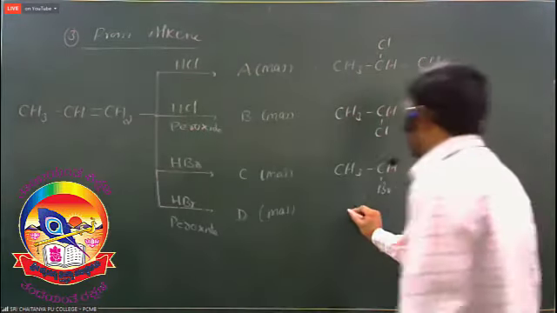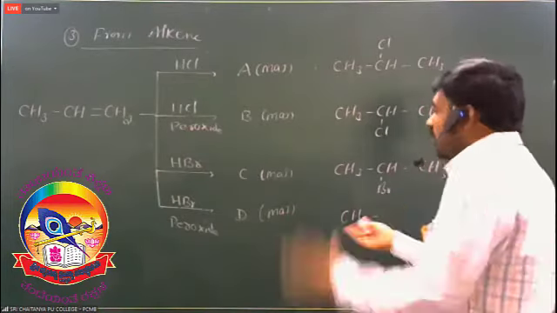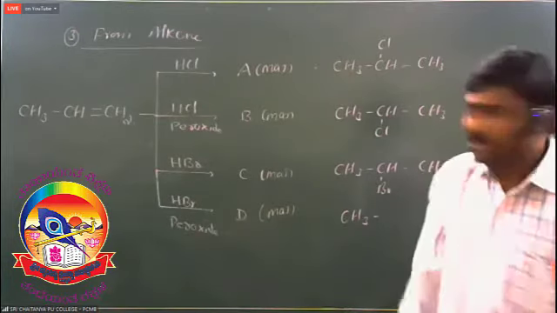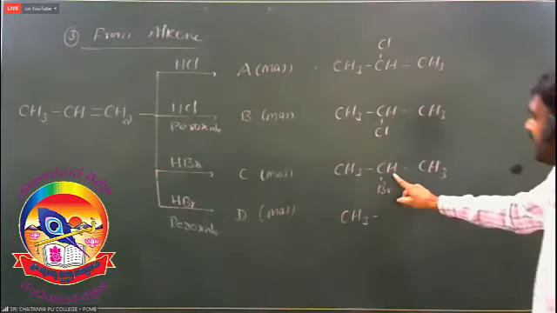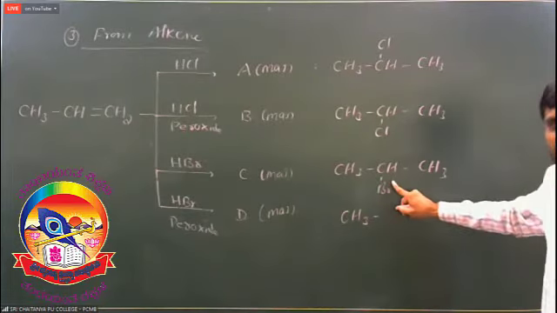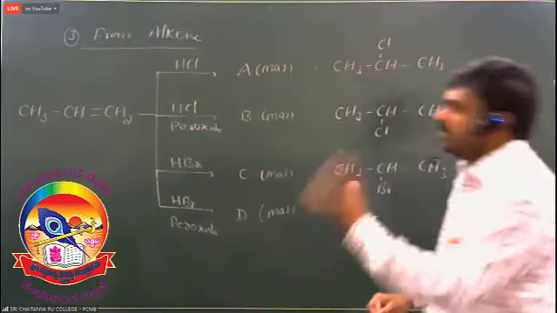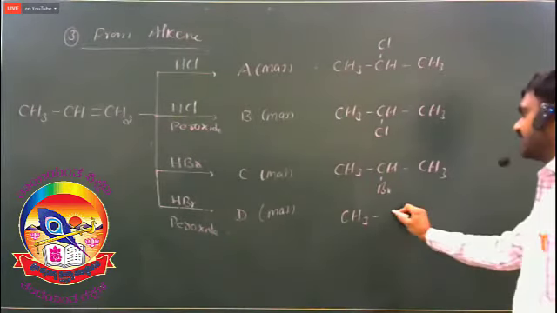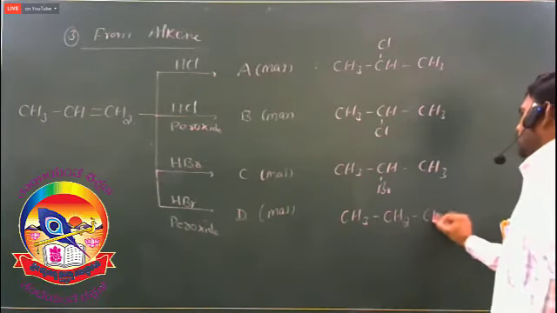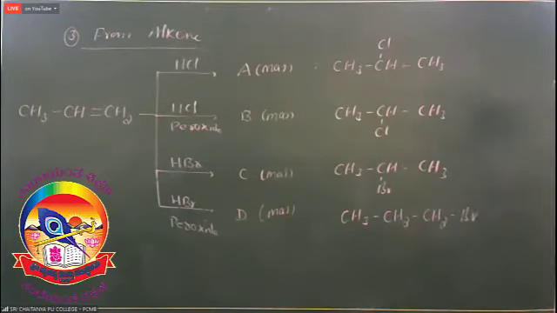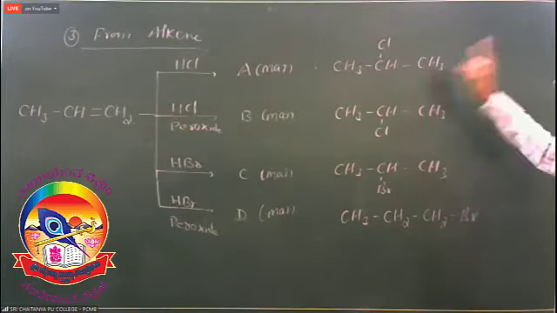So here the major product is CH3. According to anti-Markovnikov rule, which is reverse to the Markovnikov rule, the negative part Br minus is added to the double bonded carbon with more number of hydrogens. That is CH3CH2CH2Br, 1-bromopropane, whose common name is n-propyl bromide. This one is isopropyl bromide, and this is isopropyl chloride.